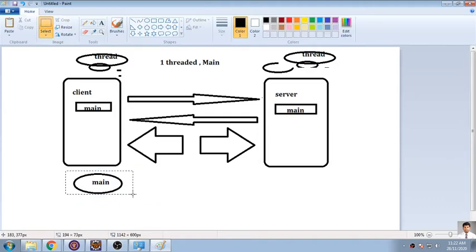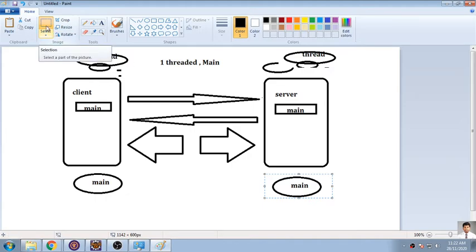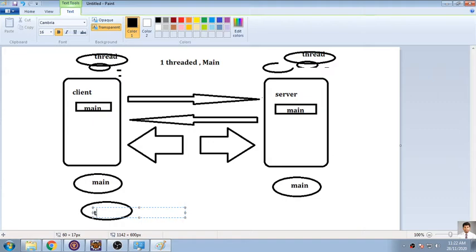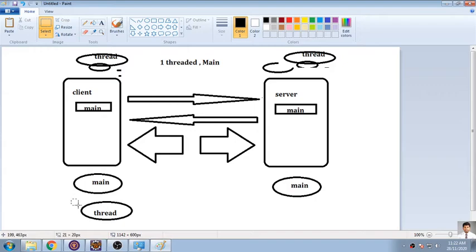So for that purpose you need to create one application where you will be implementing a concept called multi-threading. Now you know the thread life cycle. Whenever you implement any thread into your program, you will be creating two different types of thread. One will be the main execution flow and another will be a special type of thread that will be working for you. There will be a separate execution, and this will be interacting in your program.